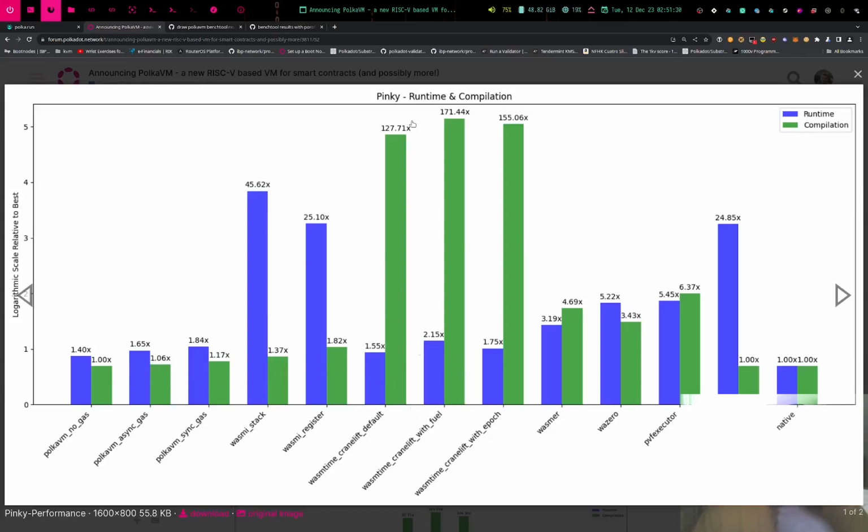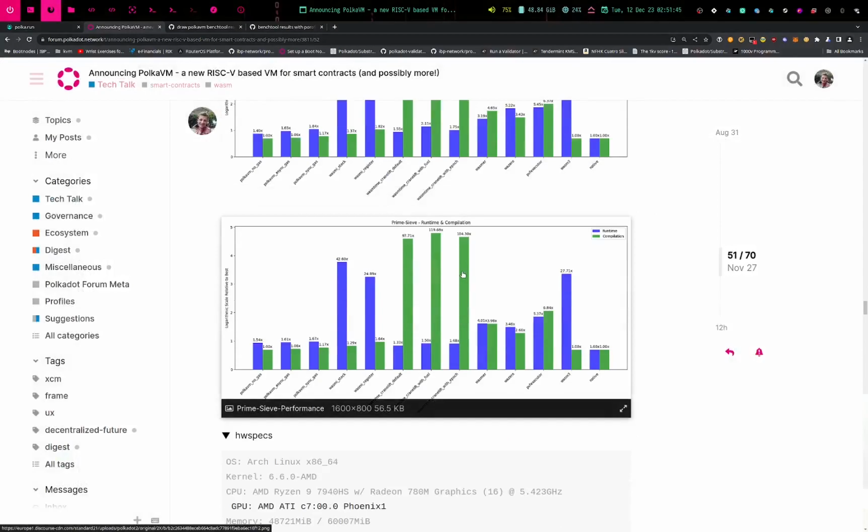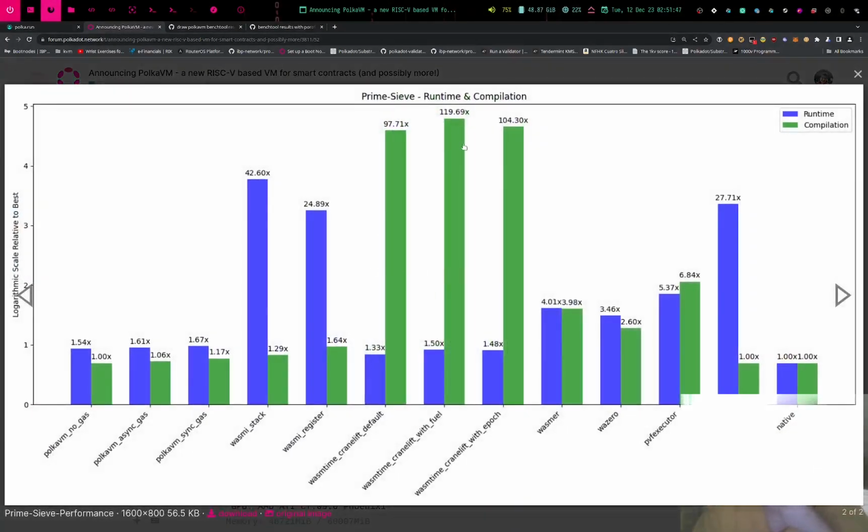Let's say WASM time is over 120 times slower to compile, and 10 to 15% slower to execute the runtime. So really promising. But yeah, these are first tests. There have not been more than these 2 benchmarking tests yet. Let's hope we see more results,